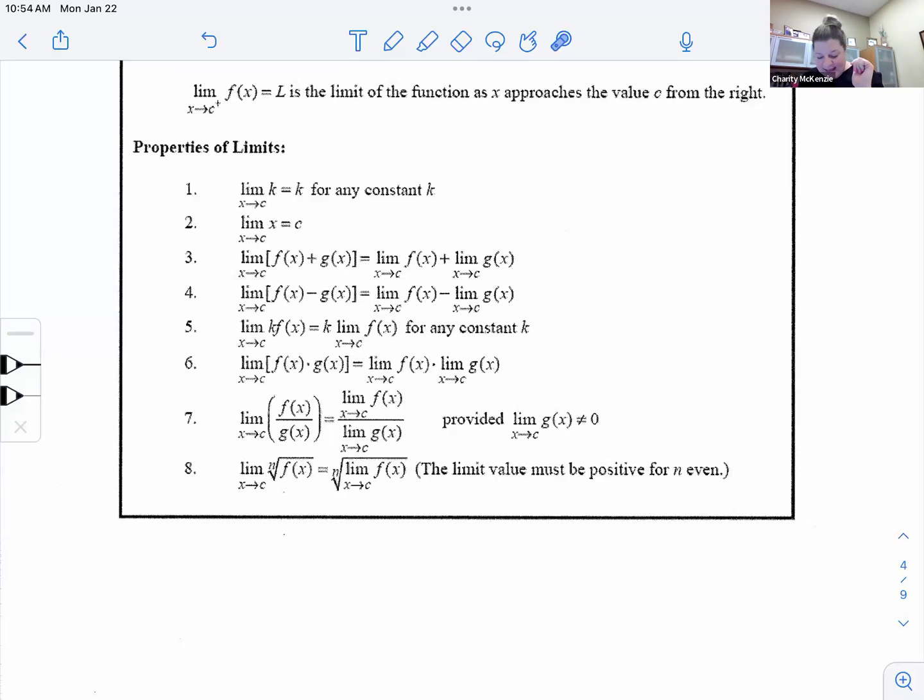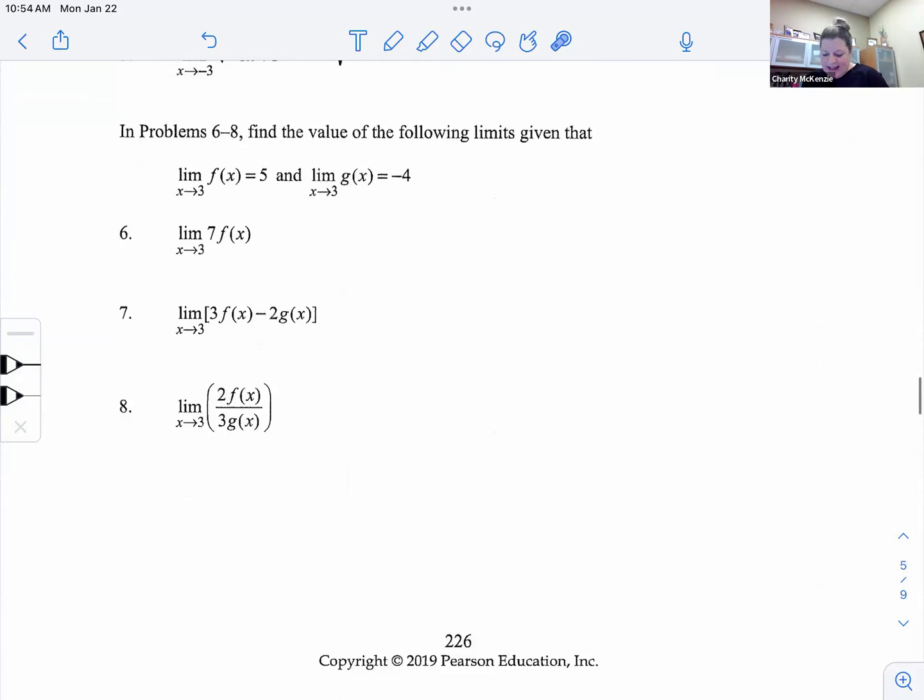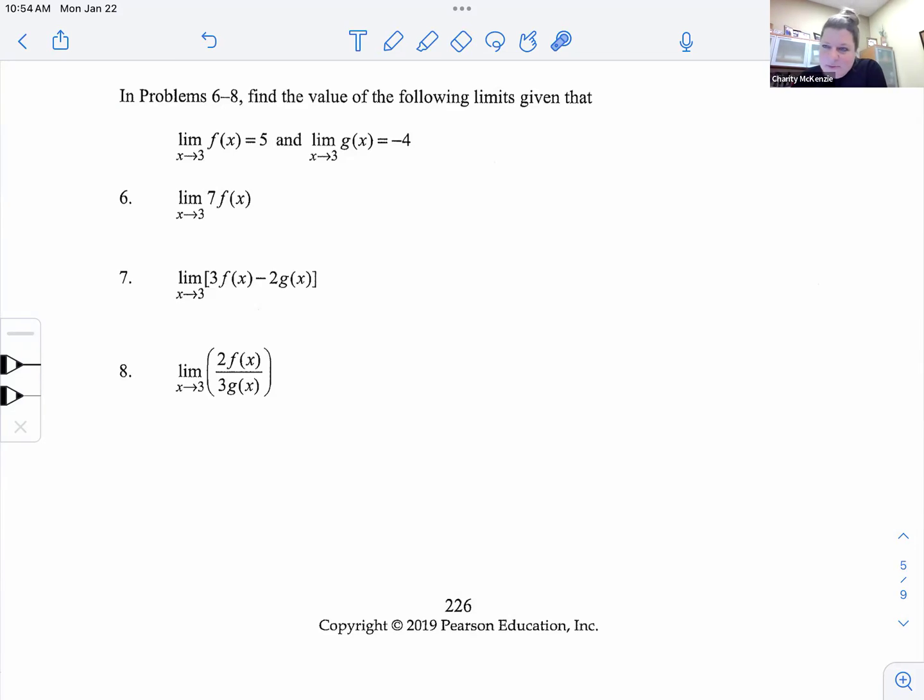Okay. And this one we don't really use that much, but you could also look at the whole square root of the value that you get. It's kind of what that's trying to tell you. So that helps with just these couple problems. We won't see a lot of these, but they're just kind of to help you think through what's allowed in those properties. So if I know the limit as x goes to 3 of 7,